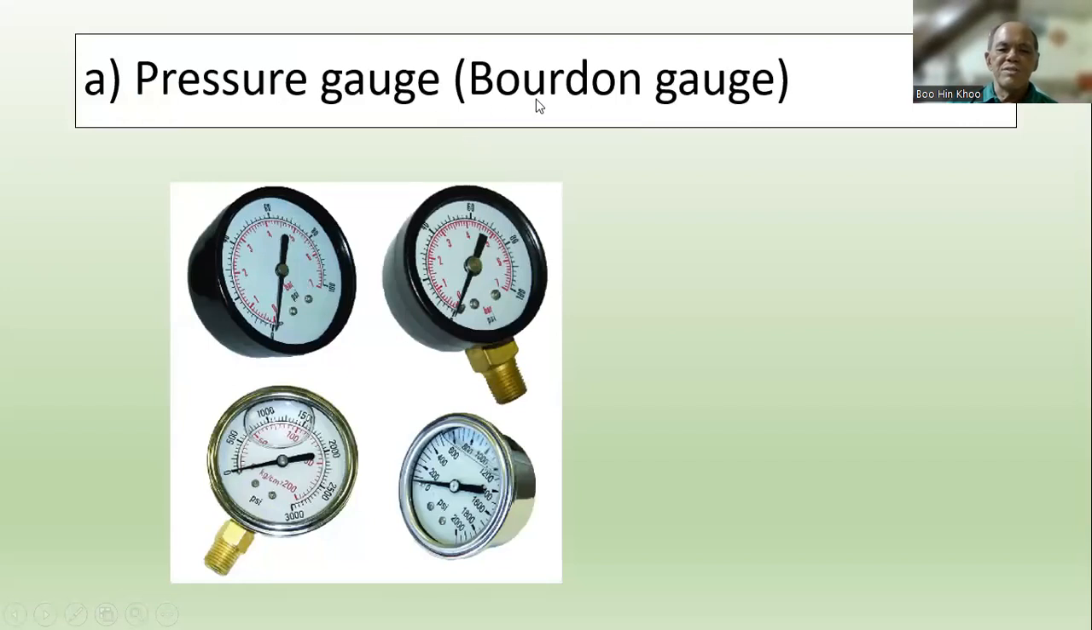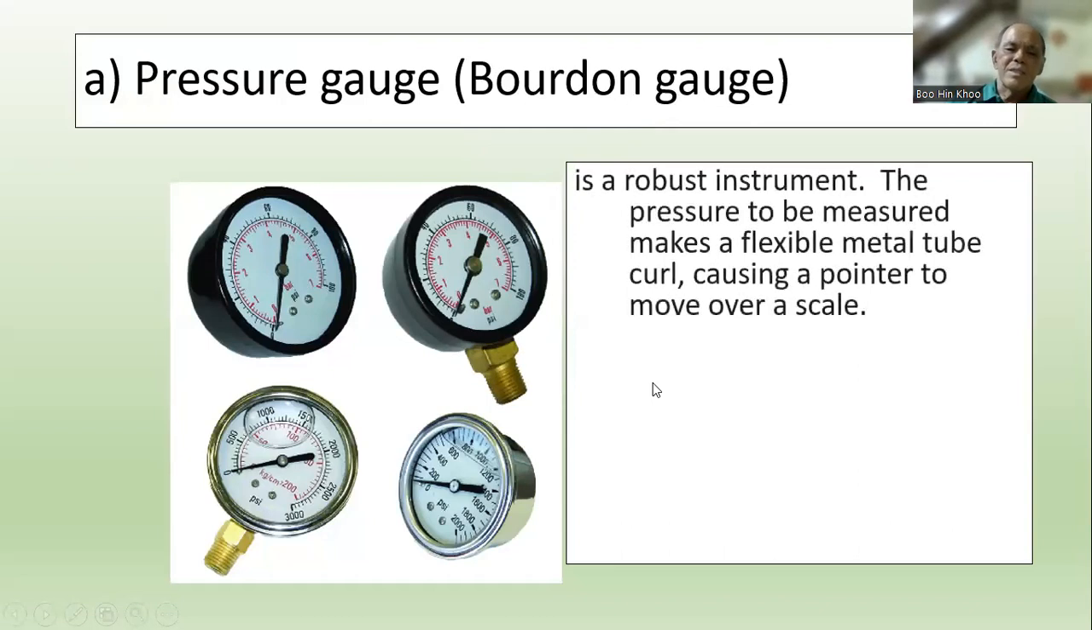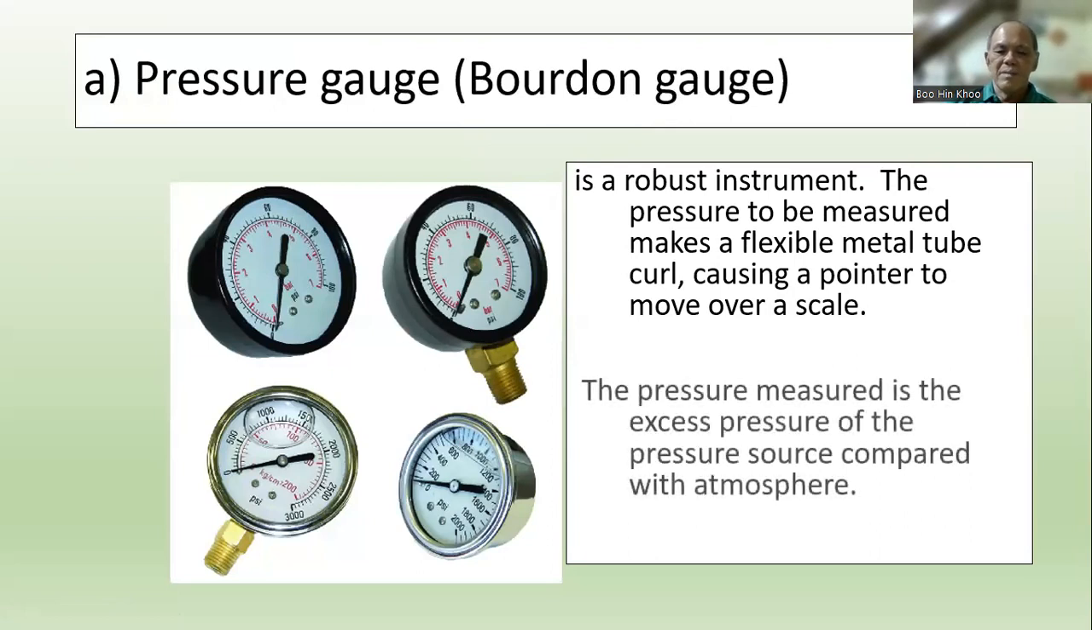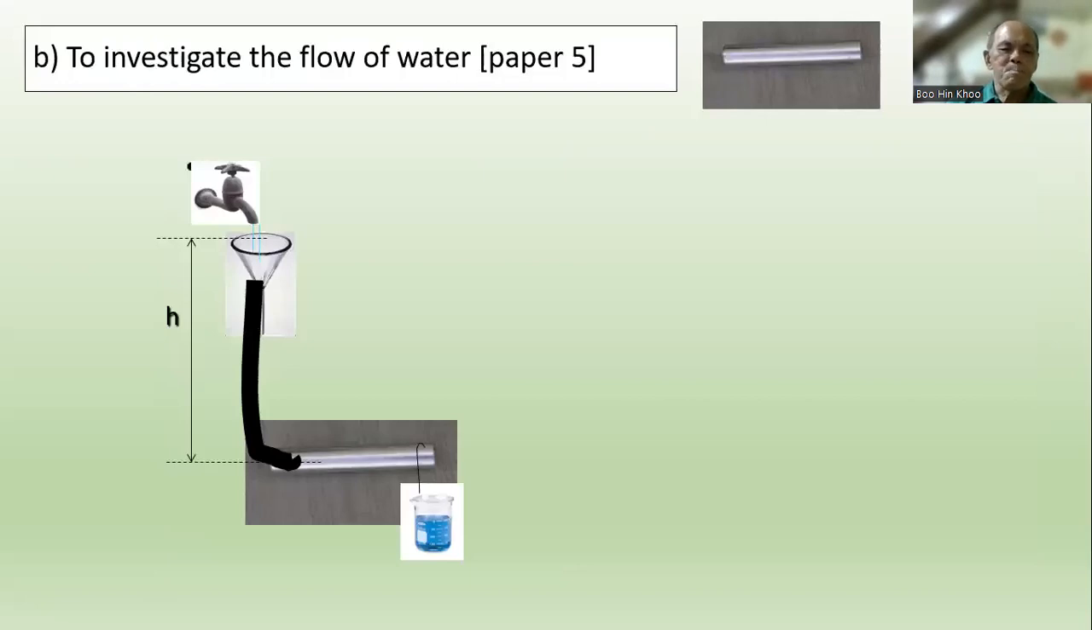There's a pressure gauge or Bourdon gauge used to measure pressure. It's a robust instrument. The pressure to be measured is placed in a flexible metal tube curve, causing the pointer to move over the scale. The pressure measured is the excess pressure of the pressure source compared to the atmosphere. This is mainly for paper 5, where you are required to